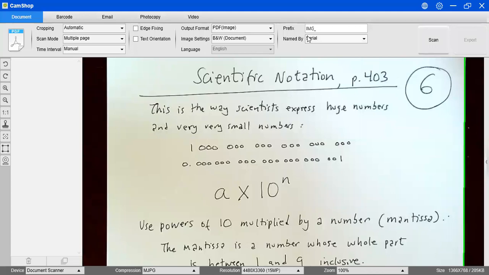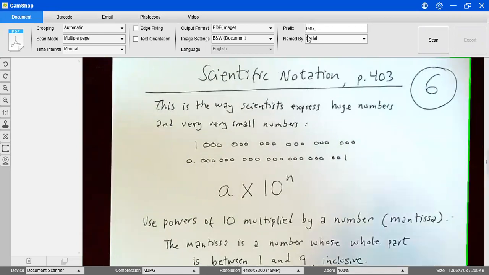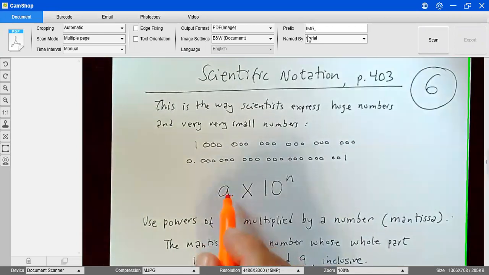So the final part of this chapter is about scientific notation. It starts on page 403. And scientific notation is the way scientists express very, very large numbers or very, very small numbers. So the way that we're going to express those huge numbers or very tiny numbers is by using this